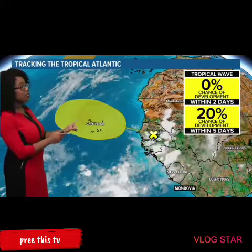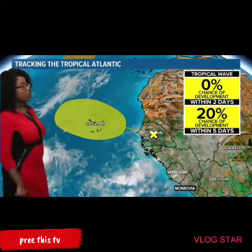And we also have a tropical wave that's going to come off that western coast of Africa, 20% chance of developing within the next